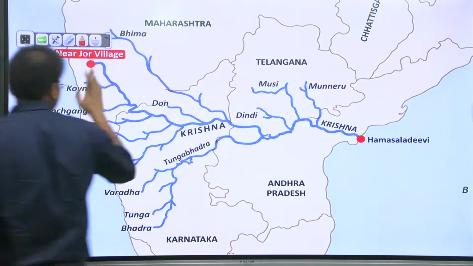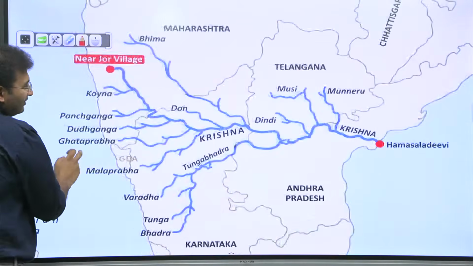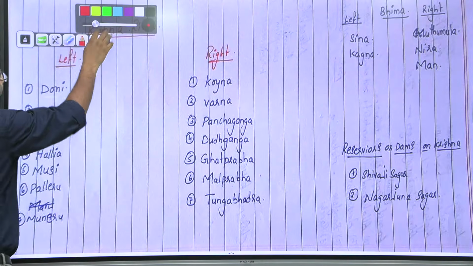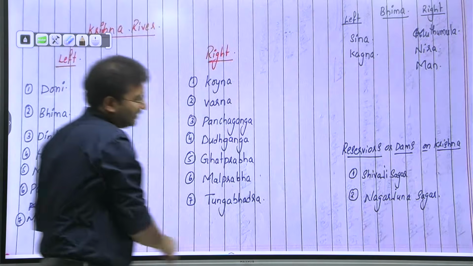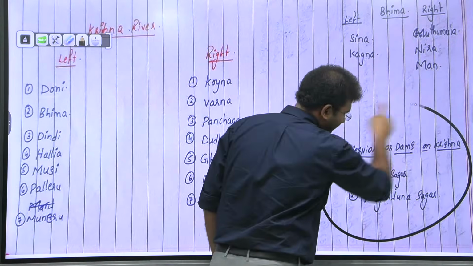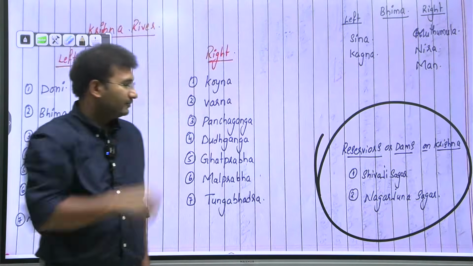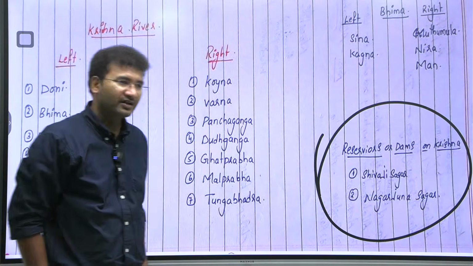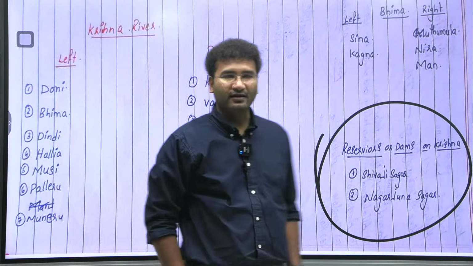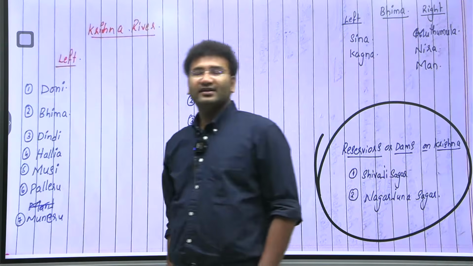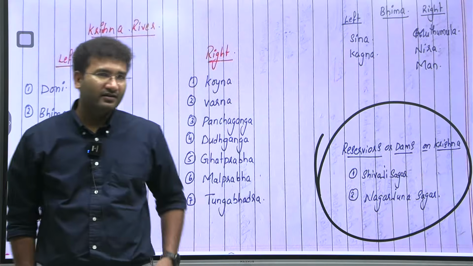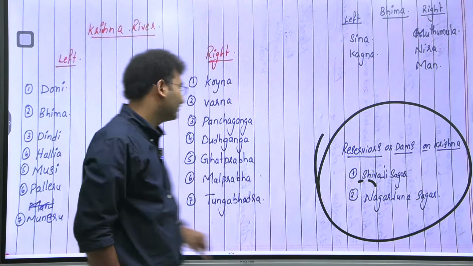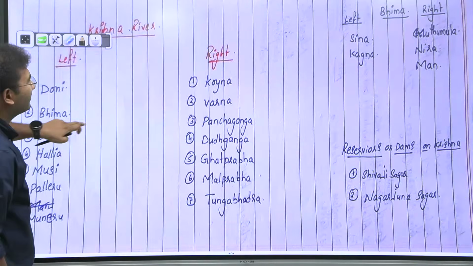So the source is in Maharashtra, right? Let us also look at Godavari. Before that, see here, I want you to remember Shivaji Sagar, Nagarjuna Sagar, right? Nagarjuna Sagar is located on the boundary between Andhra and Telangana. Between Andhra and Telangana, the Krishna river acts as a boundary, right? Nagarjuna Sagar, Shivaji Sagar. Nagarjuna Sagar, Shivaji Sagar. I asked about Krishna Raja Sagar.